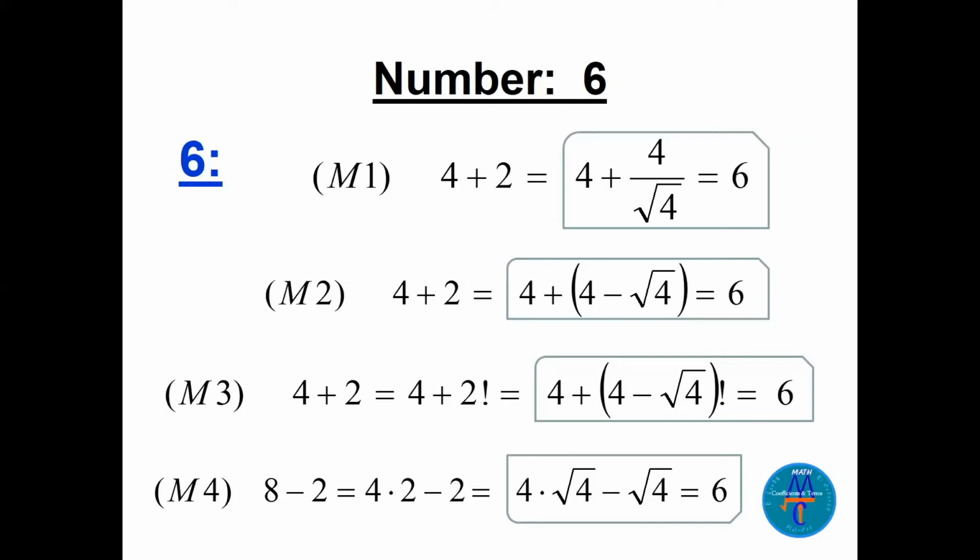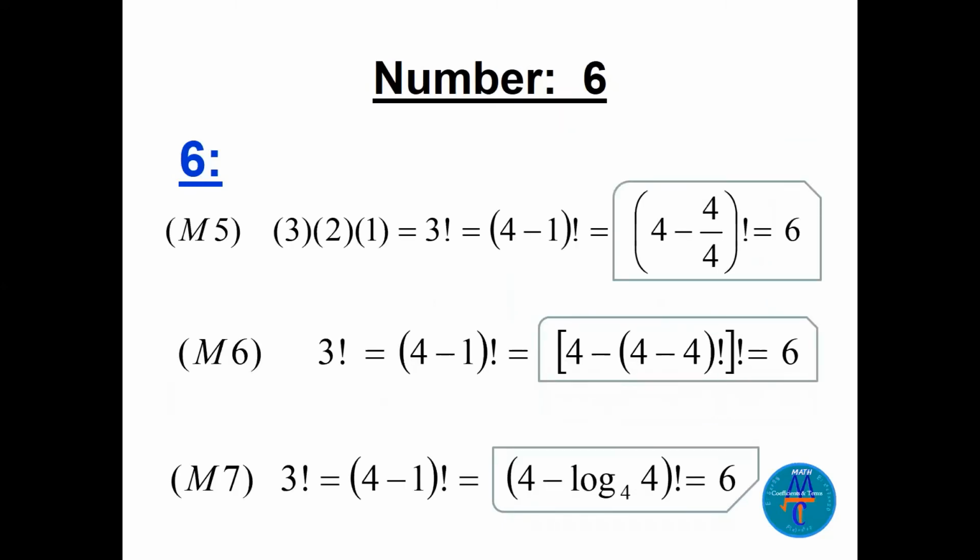Did you find any of these methods? Okay, you can try now more. I have 3 other ways on the next slide. So we have M5, M6, and M7. Now I can think of the 6. You know, 6 is like what? 3 times 2 times 1. That's 6, right? 3 times 2 times 1, which is exactly 3 factorial. See, the 6 is 3 factorial, but I cannot leave it. So I have to say 4 minus 1 factorial. Now I leave the 4, and the 1 I can write